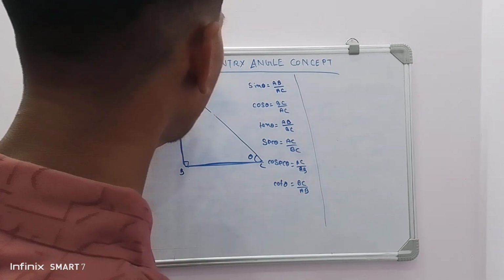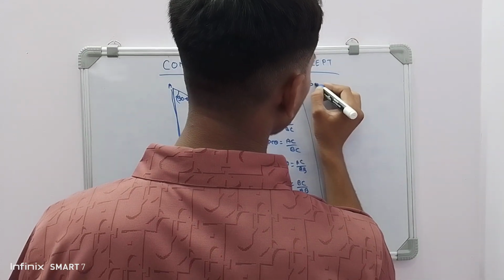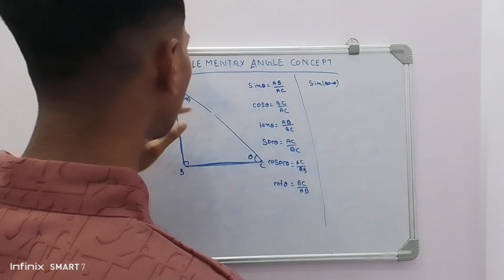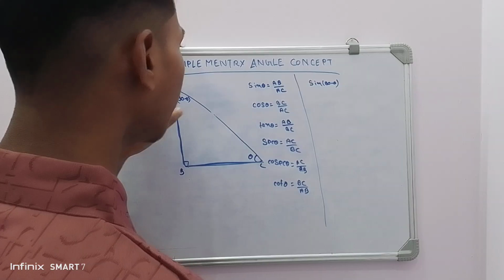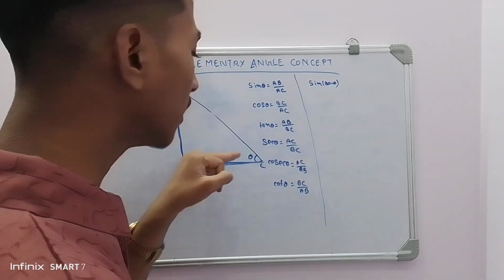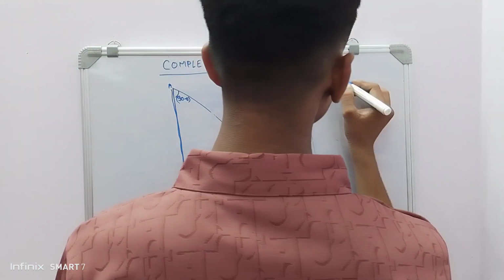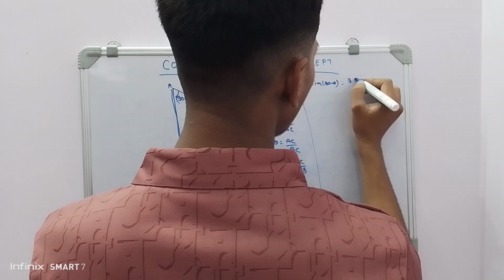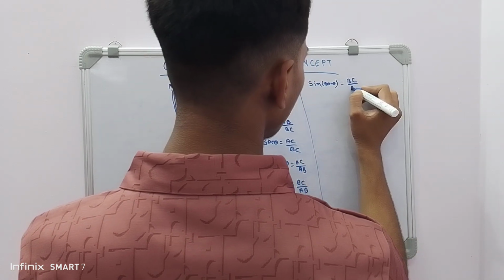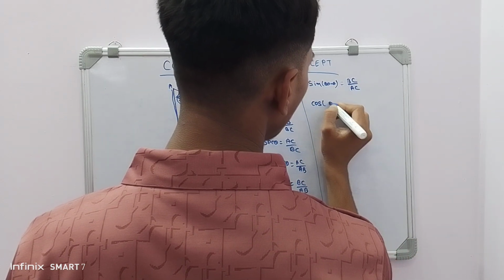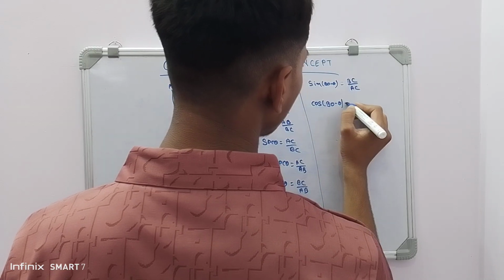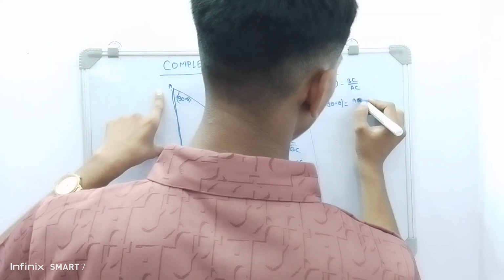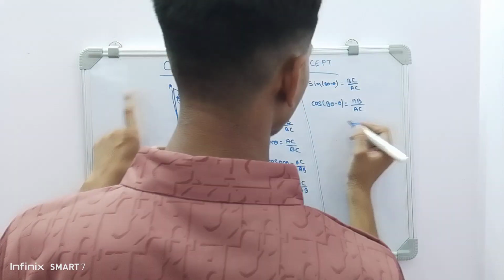for this angle 90 minus theta, so find here. Sine of 90 minus theta. That means I am finding the sine with relative to angle A, and at angle A we have 90 minus theta, when angle C is theta. So for this angle, the perpendicular is BC, and the hypotenuse remains the same, which is AC. And cos of 90 minus theta: cos means base upon hypotenuse, so AB is going to be the base for this angle, and AC remains the hypotenuse.